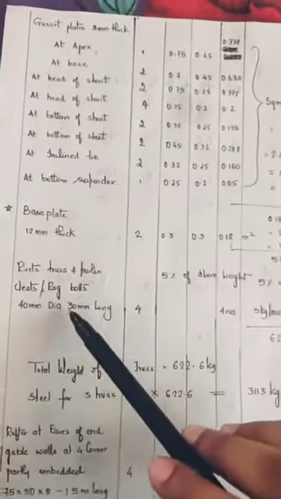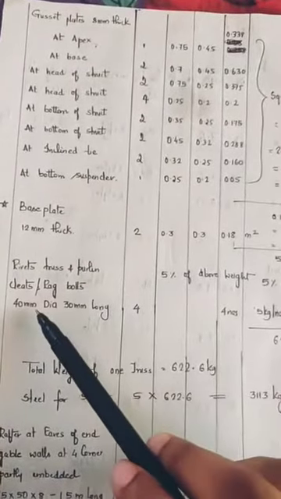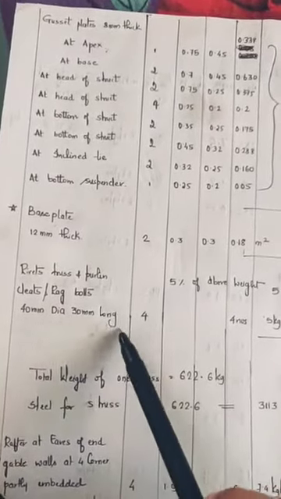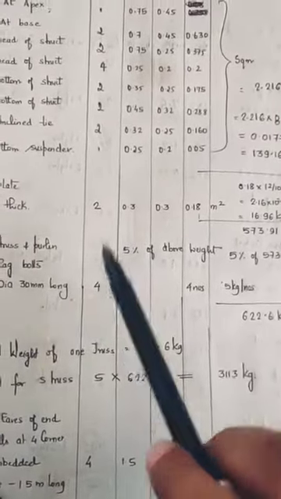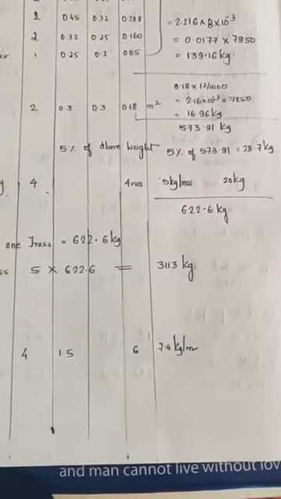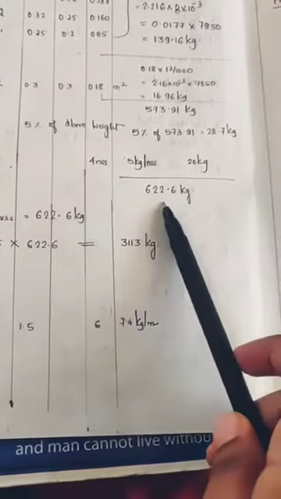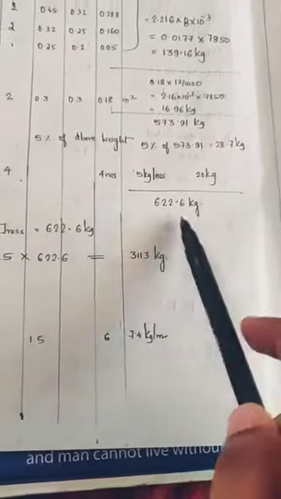Then we have rack bolts which are 40 mm in diameter and 30 mm long. So there are two on one side of the plate. So as you can see here, there are two here and two on the other side. So total we have 4 numbers. Weight of each is assumed as 5 kg per meter. So we get 20 kgs. So total weight you will get 622.6 kg is the weight of one truss.